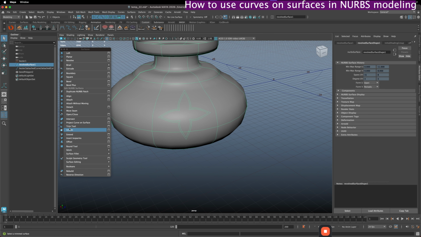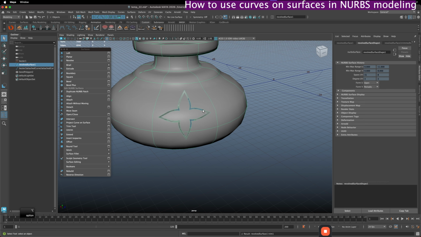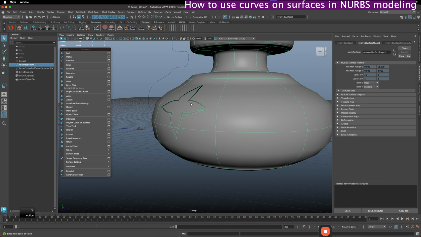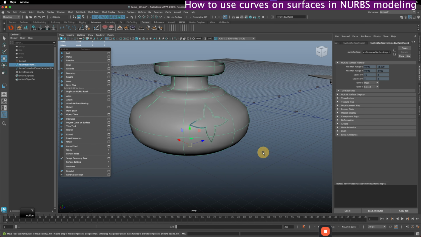I'll use trim tool and I will select that I want to keep this part and click enter. Now I can see there is a nice hole that looks quite interesting. And the other way to create a curve on surface is intersect two NURBS objects. For example,